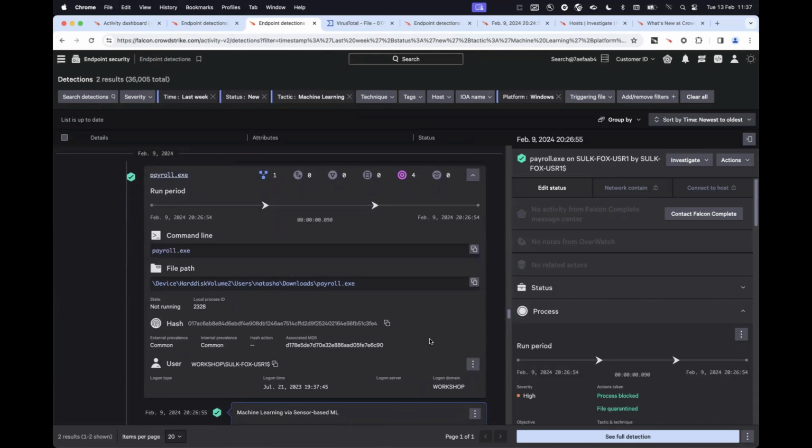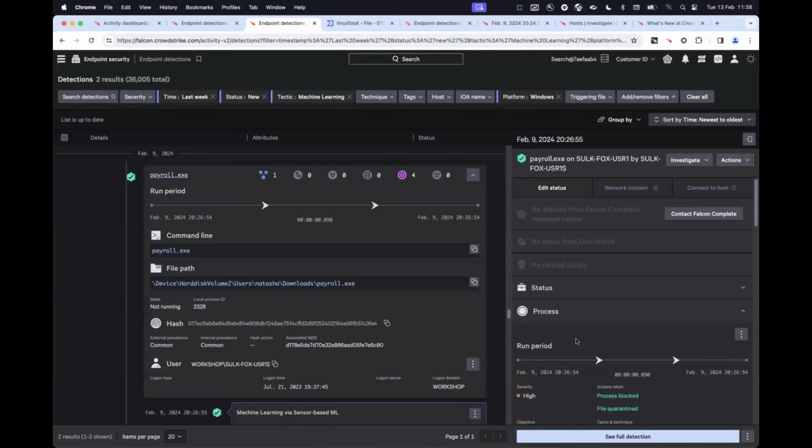So again, if it's a false positive, I definitely want to follow up and allow this hash if it's common in my environment. But if it's a one-off, maybe I just want to release that file from quarantine, which doesn't allow that hash on a permanent basis, but does at least allow that specific user to execute that file again on that host. Or in particular, if I'm new to CrowdStrike, not feeling that confident in what I'm seeing yet,